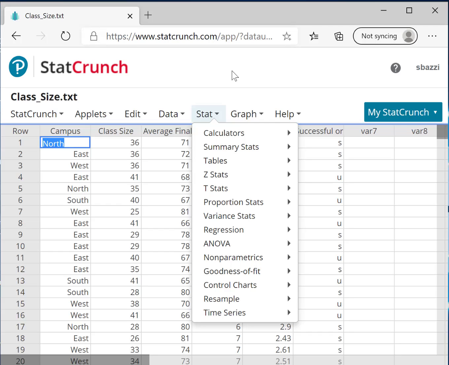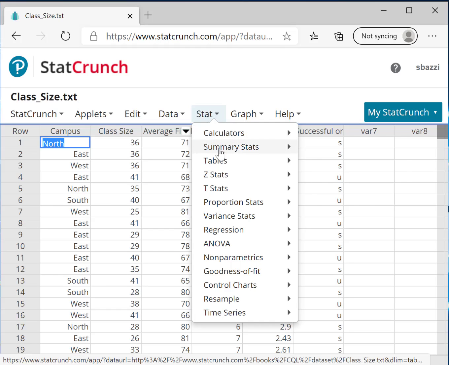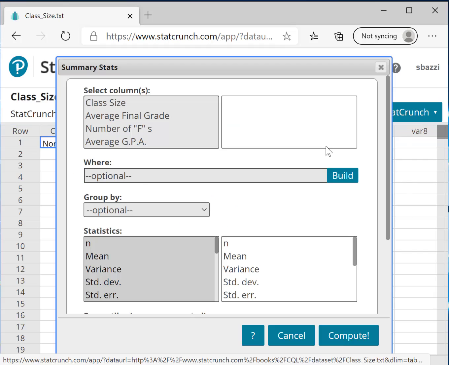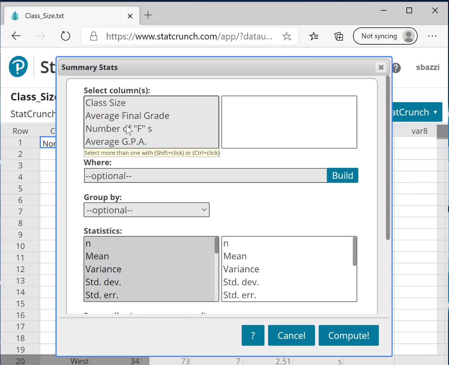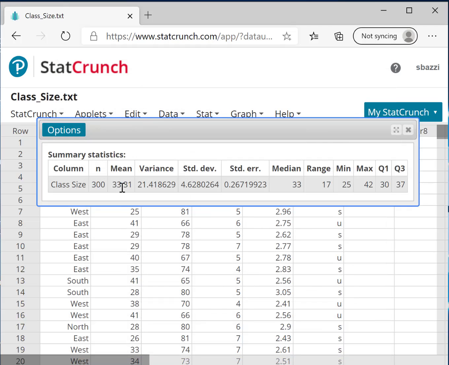One of the first questions that you have to do, I'm asking you to find mean, median, standard deviation of the average final grade. I'm going to show you how to access the function. So you go to Stat, Summary Statistics, Columns, and you're asked to do the average final grade. I'm just going to do, for example, the class size and hit compute. And here you go. You get the mean, the variance, the standard deviation, the median, the range, minimum, maximum, Q1,